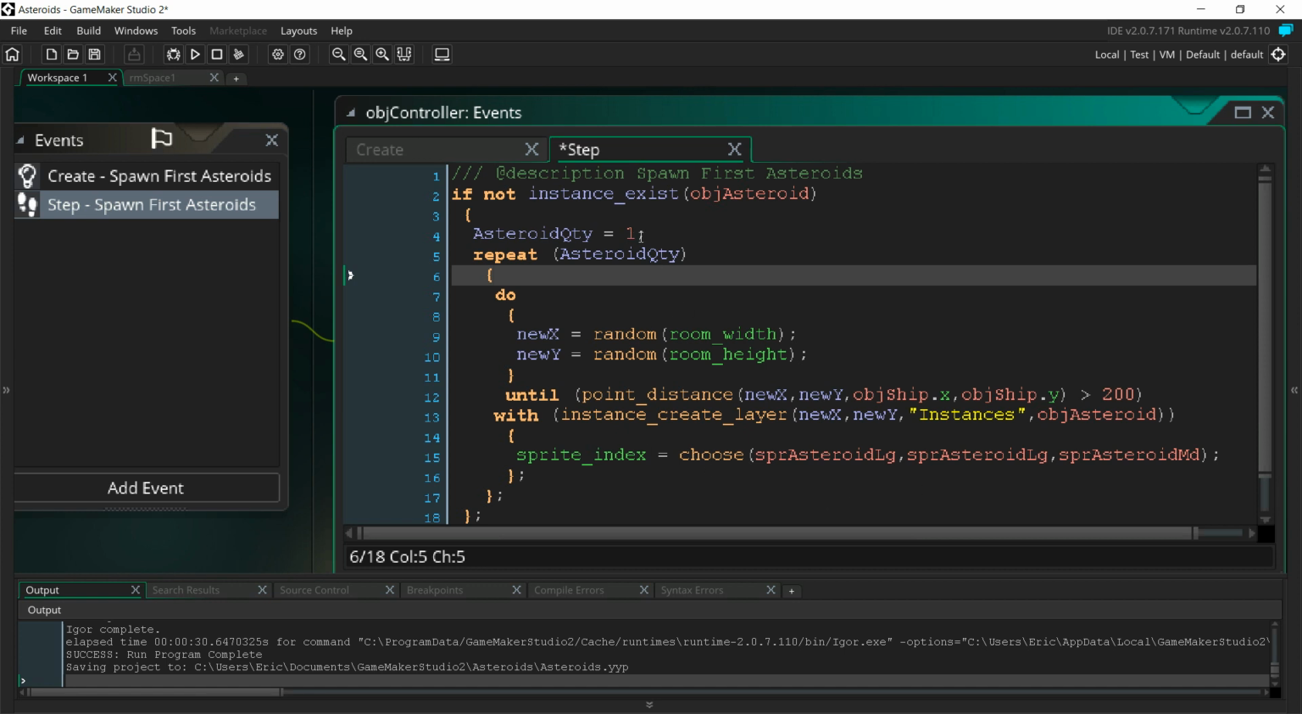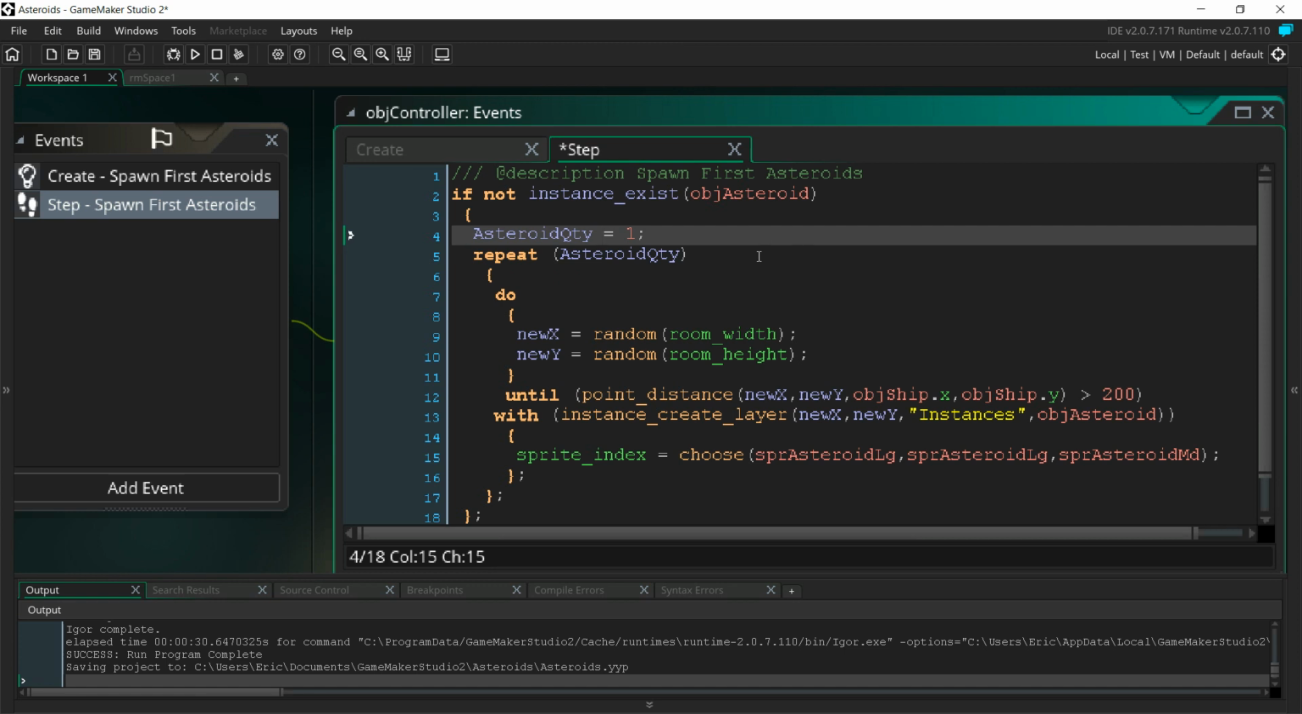So now one of the things we wanted to do was make it more difficult as time went on. So we want to add an asteroid here. So instead of asteroid quantity equals 1, I'm going to make it plus equals 1. So it's going to add an asteroid every time. Now you can increase this. You can make it so there's like 5 more asteroids every time, but this seems to be pretty good